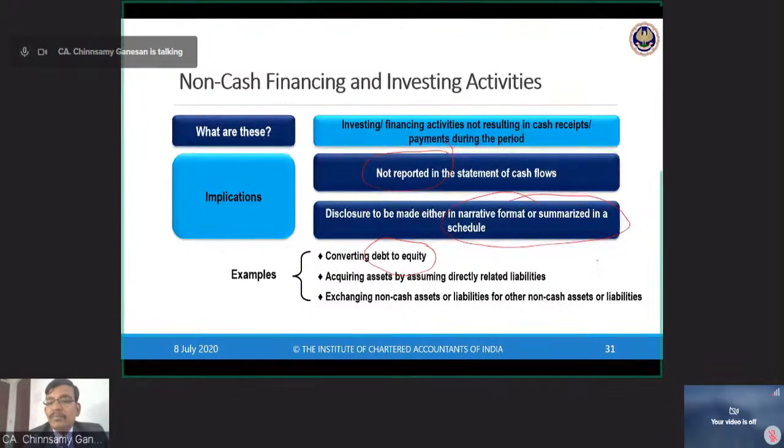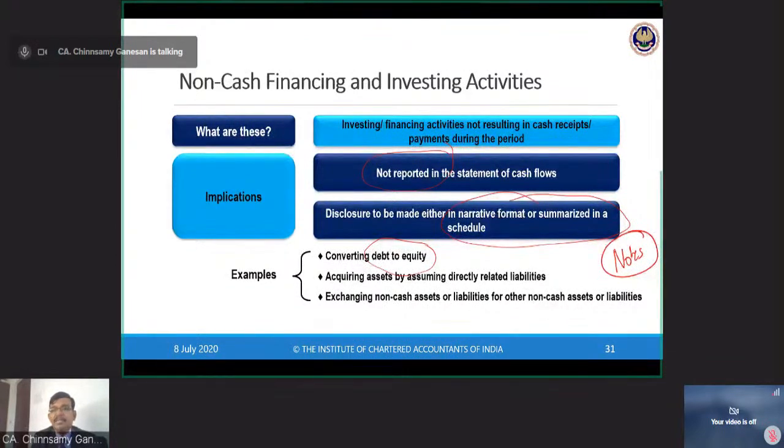So in the notes on accounts, you are supposed to show the changes which have happened in your share capital as well as your repayment of debenture. But it is a non-cash item, so you will show that separately as part of it. For example, we have seen that in this case, they have acquired a fixed asset of 10